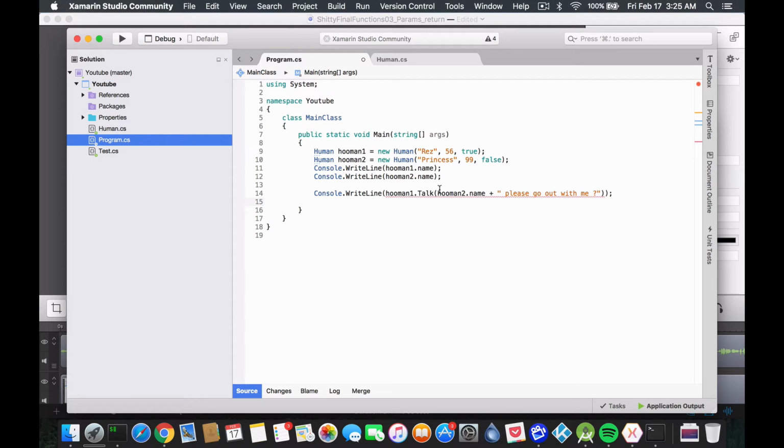I see there's an error. What's going on? Aha. Well, human1 dot talk is returning a void, not a value of any sort, like a string or anything. In this case, it thinks it's a bool, but it's not. So what are we going to do? Because it's still outputting to the console, we could just delete the console dot write. So the human1 says, hey, human2, please go out with me. And human2